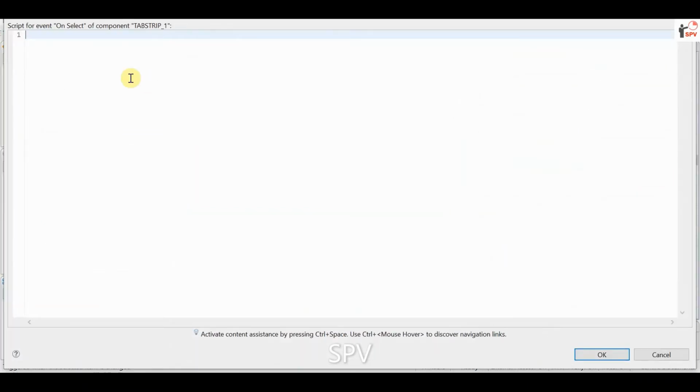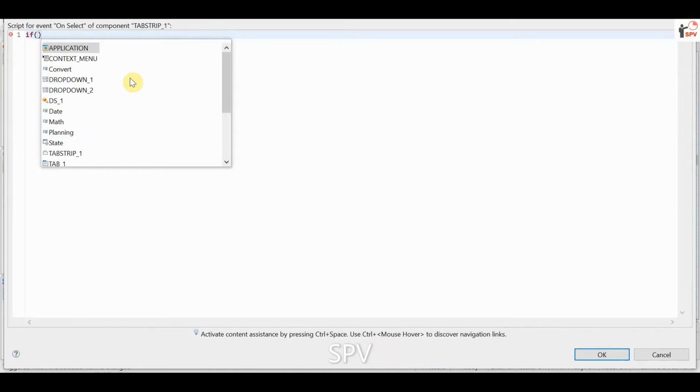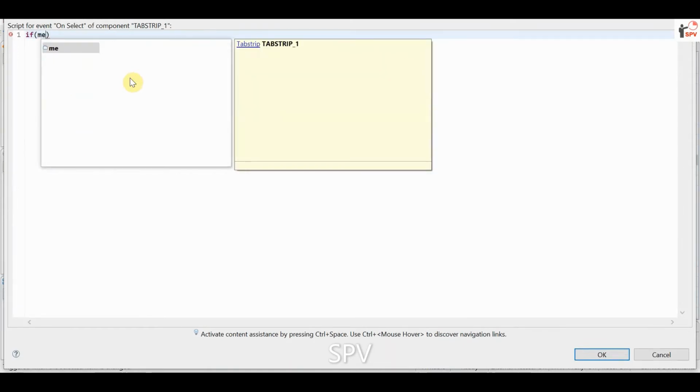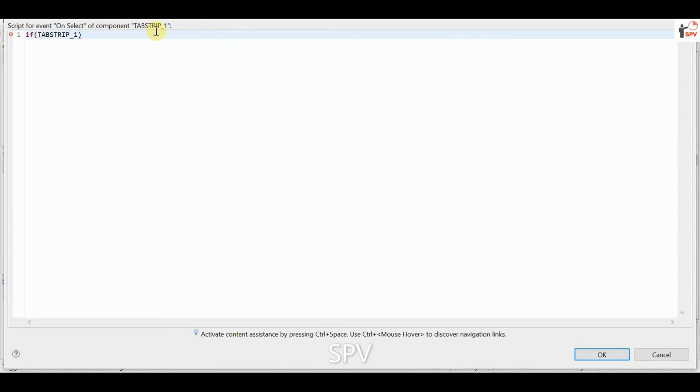I'm just writing an if condition. You can write me or tab strip 1. We are writing for tab strip 1 now, so we can make it me also.